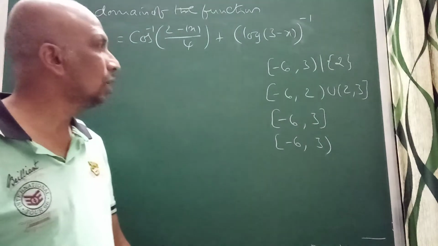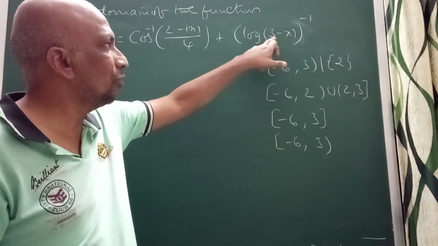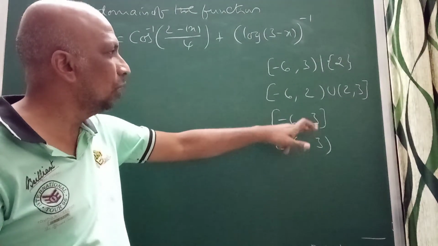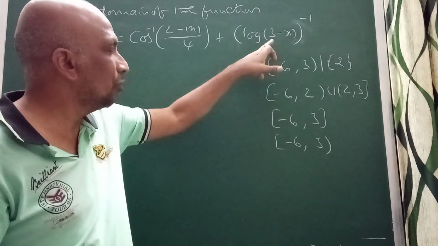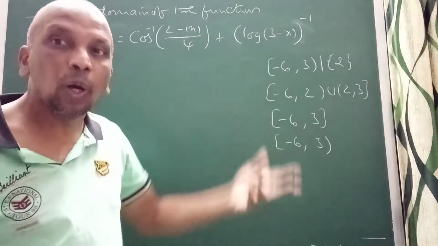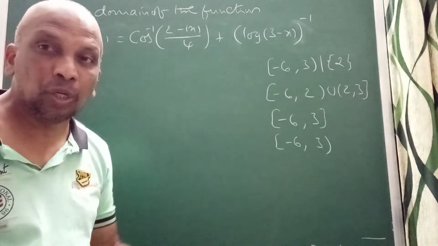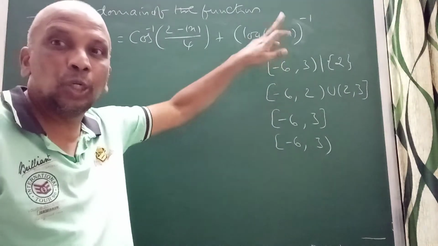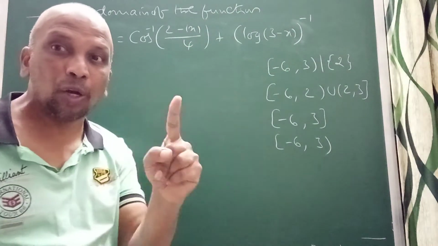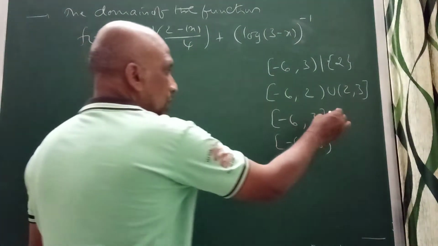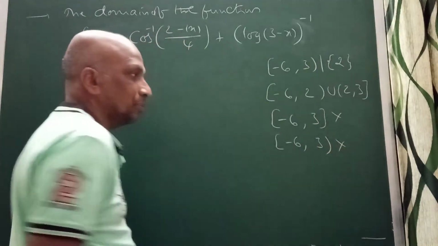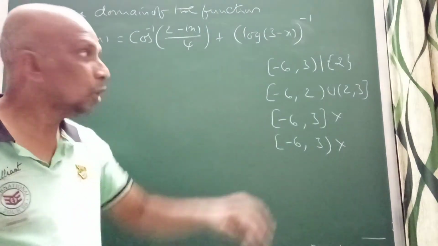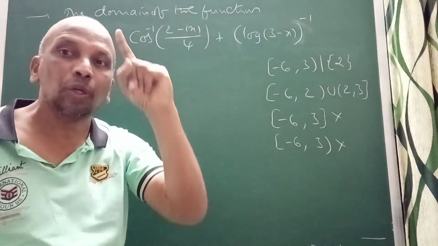Minus 6 comma 3. Why? Because if I take 3 minus 2, it will come 1. Correct? When I am talking about 2, observe 2 here. If I take 3 minus 2, 1, because this is 1 by log of 3 minus x. So this value should not be 0, right? If I take x equal to 2, log 1 is 0, and 1 by 0 doesn't exist. The x value should not be 2. So I can eliminate this option, definitely, because including 2, it doesn't exist, right? We can't consider it.